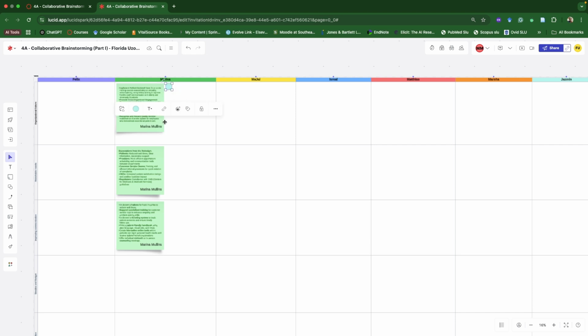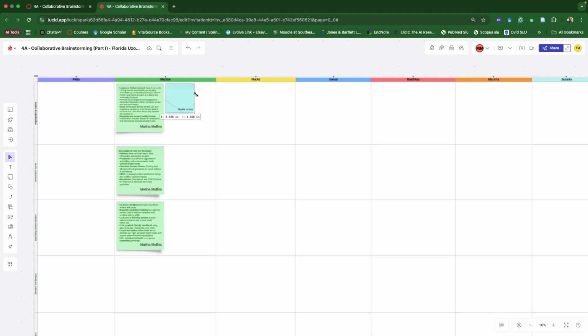Okay, this is my picture, and I want to put an arrow to it, and I want to connect the arrow to this one. All right. So I have my arrow that is connecting to this.